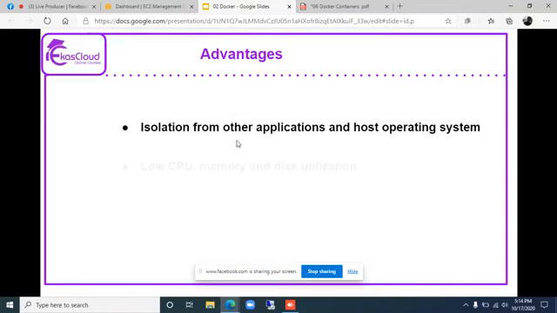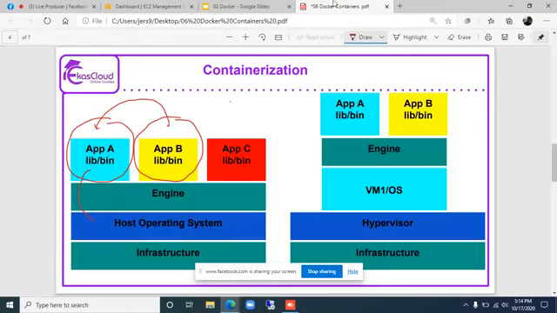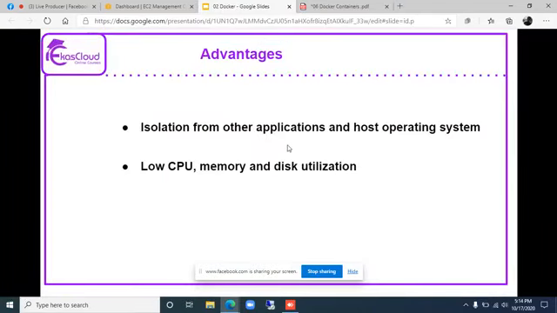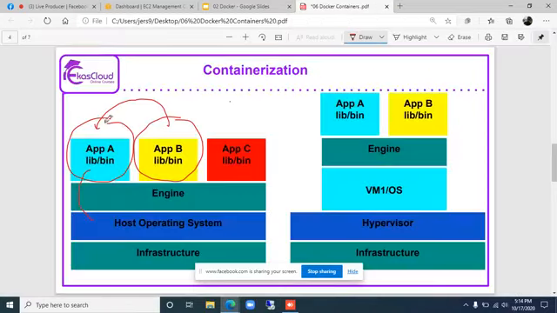The second advantage is, like I said already, it consumes low CPU, memory and disk space. If we were using a virtual machine, it might have used lots of CPU, memory and disk space. And containers are faster because they're very small, so running an application can be done in a faster way.